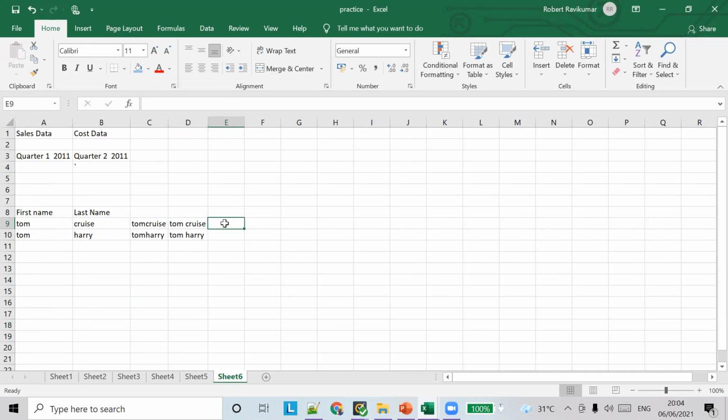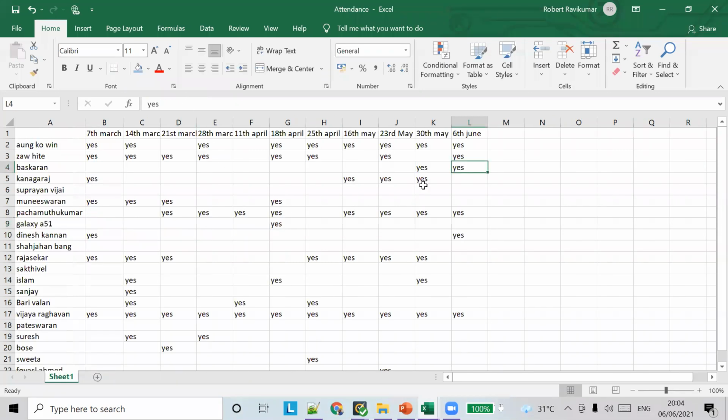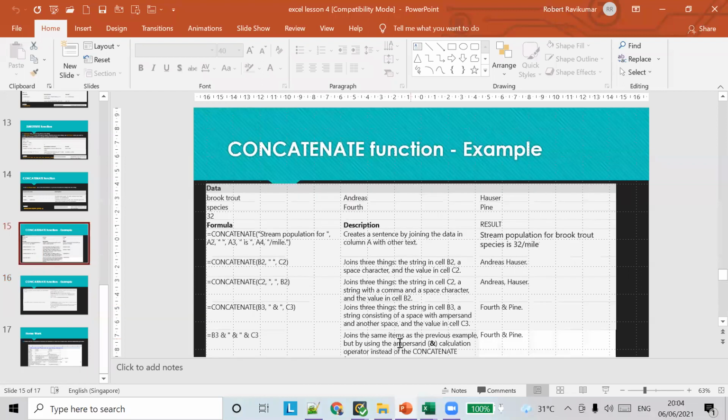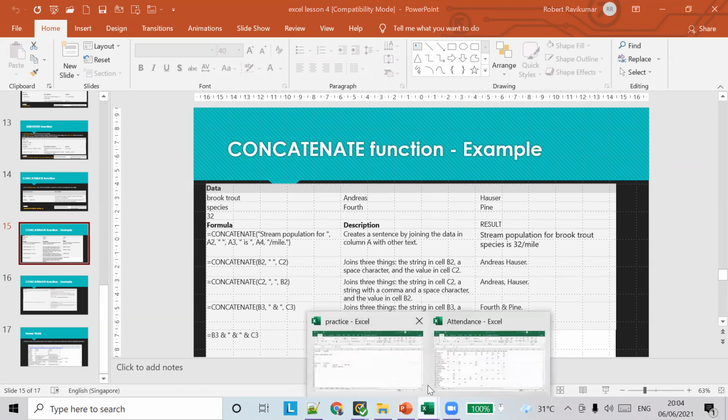Instead of using the formula, we can use A9 ampersand B9. A9 ampersand B9, no problem. B3 and ampersand.